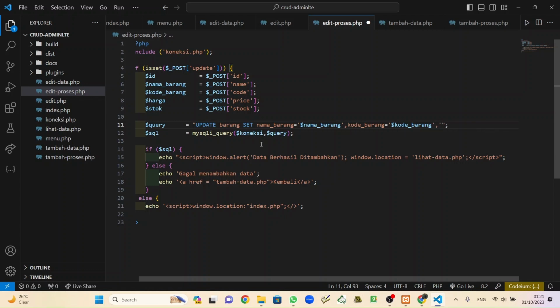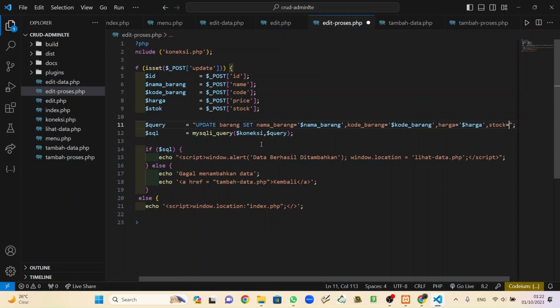And then kode barang and harga, same like variable harga, and then the last thing is stock.